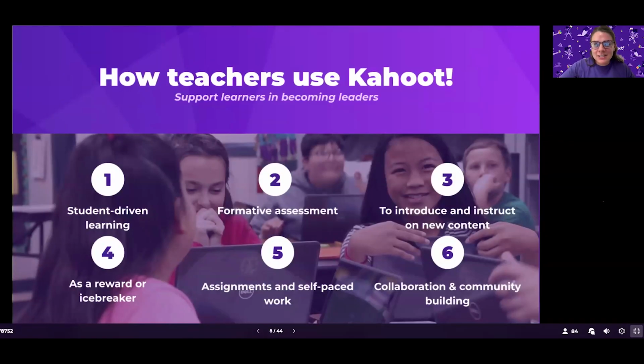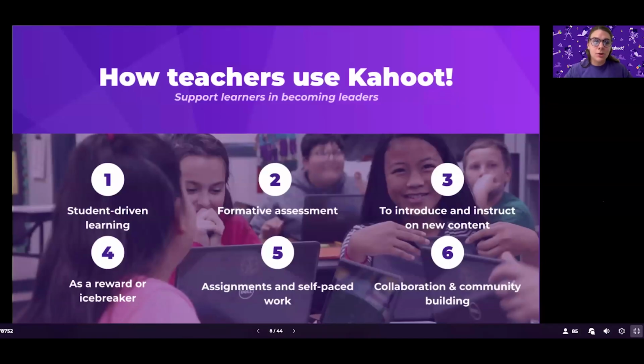We see the experience of teachers using Kahoot and adapting Kahoot to what works for their classroom and their students, and we really learn from those educators themselves on how we continue shaping Kahoot as a platform and a product. So for example, we're learning from teachers that, like I said, from pin to podium, from the bell ringer at the beginning of the day to your last exit ticket at the end of a lesson, teachers are embedding the Kahoot experience.